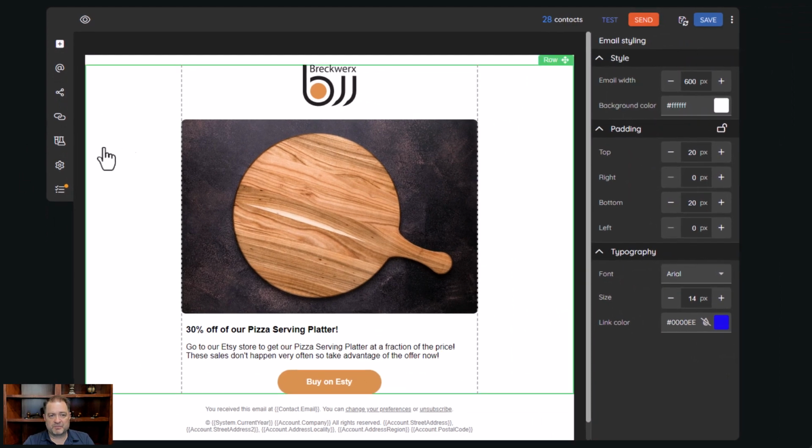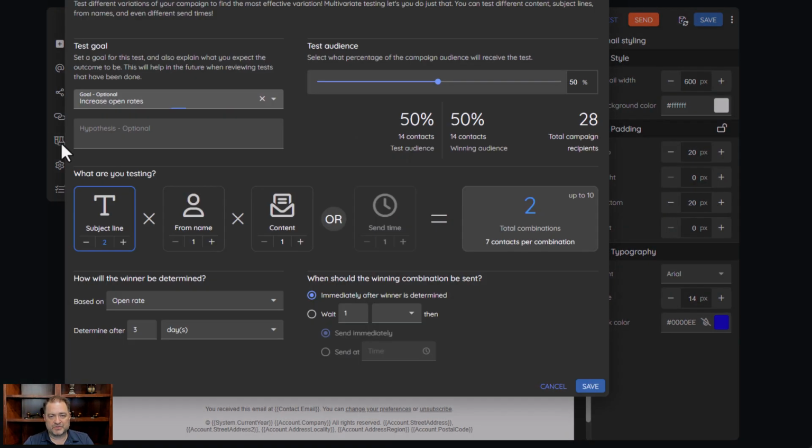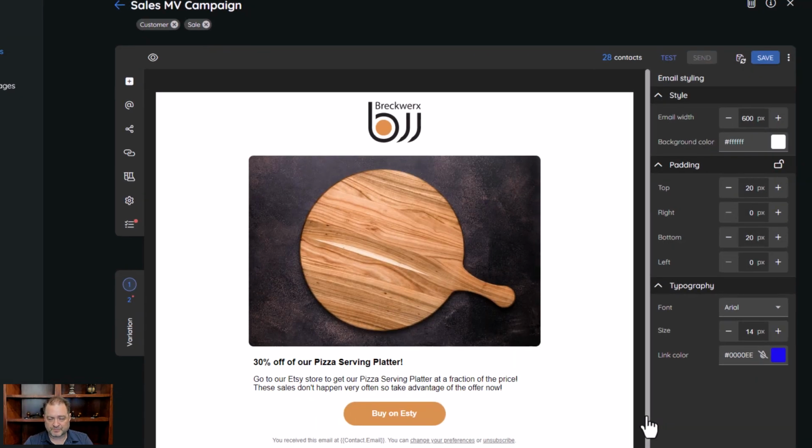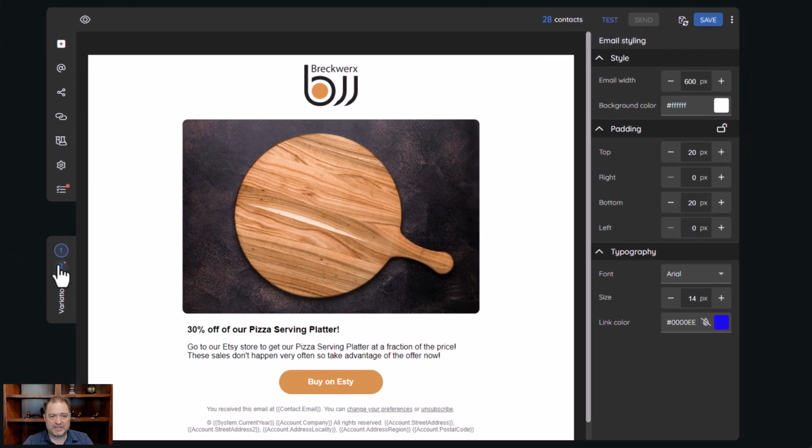So now if I go back into my multivariate, now I can change my content. So maybe I want 2 variations or 2 different versions of my content. So I click save. Now I've got this guy over here. So what this does, you'll see this little red icon. The red icon just kind of correlates with your checklist, but the red icon just lets you know that there's